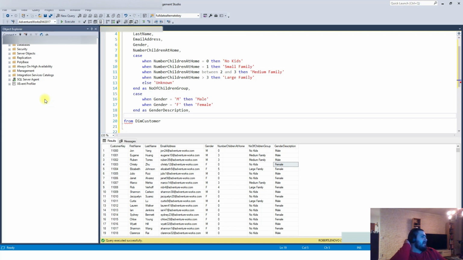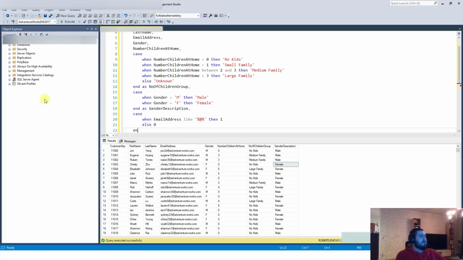How we determine that is whether the customer's email address contains an @ sign. So we could say case when the email address like the @ sign, then 1 else 0, and then end,